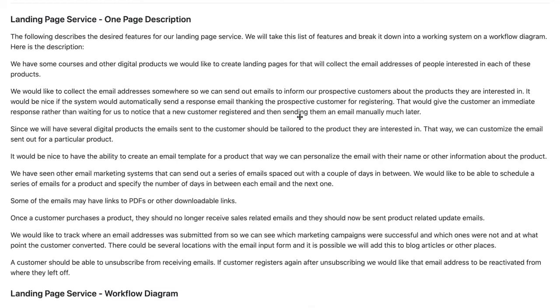And then they also want to allow the customers to unsubscribe when they are no longer interested in the emails. And also they want to track their advertising, where these customers came from when they actually did register as interested customers for these products. You can advertise on Facebook, Google Ads, email marketing, YouTube, web page. It could come from anywhere, and you kind of want to track that, and that's what this fictitious customer wants